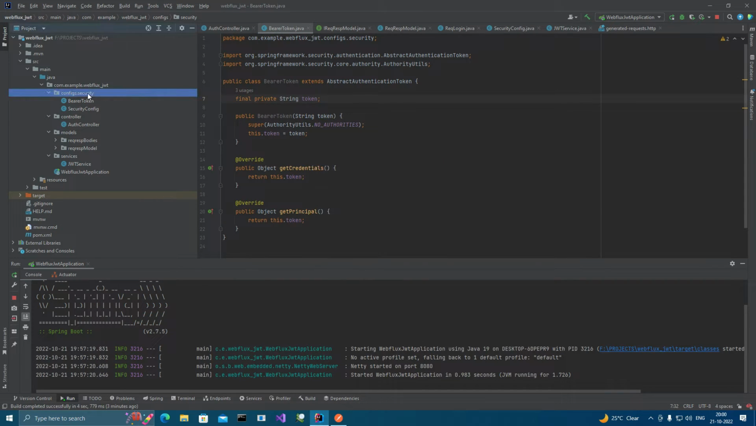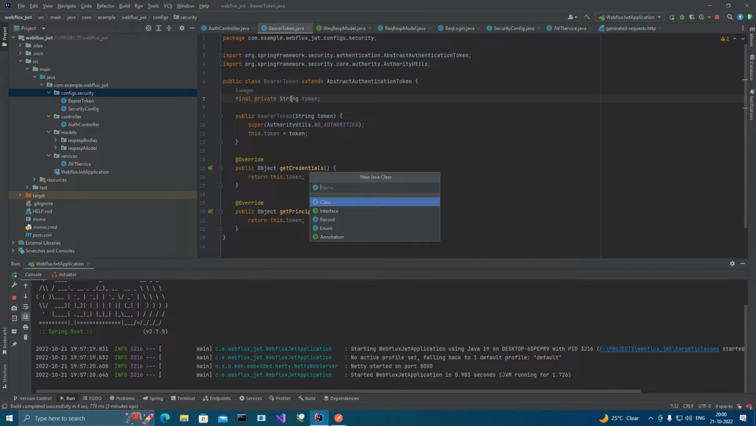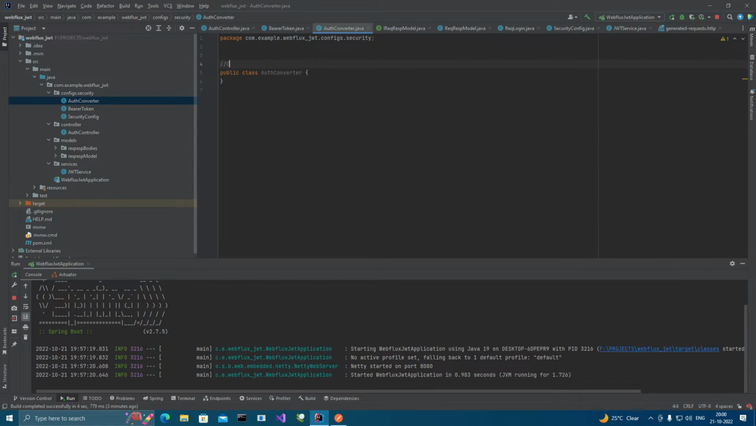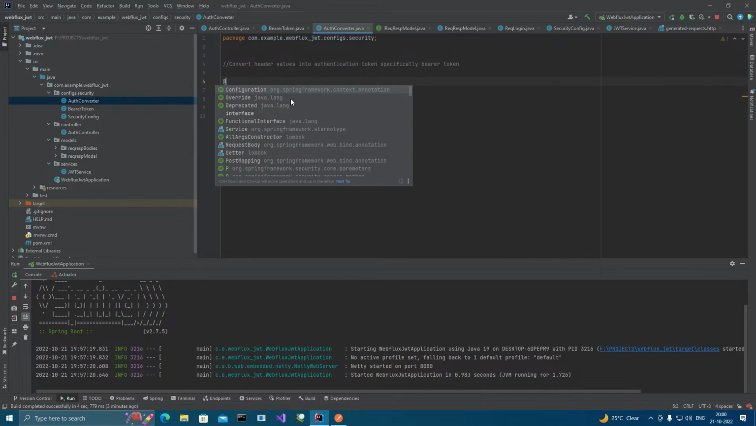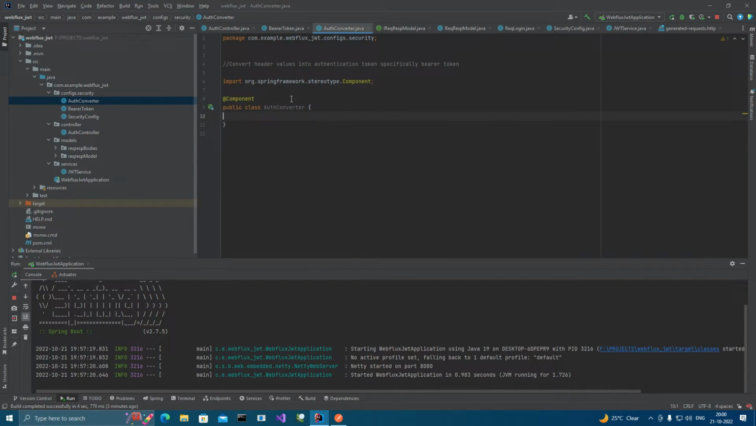So now we want to create another class called auth converter. This is going to be responsible for converting header values into an authentication token. Okay, that's what we're gonna do. Specifically a bearer token. Okay, that's what this is supposed to be doing. We are going to mark this as a component because it's going to be a bean, and the first